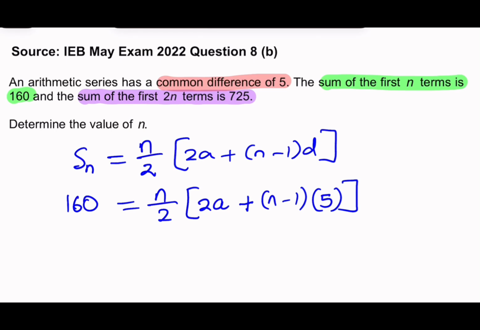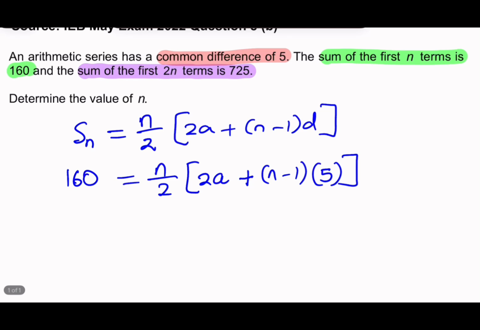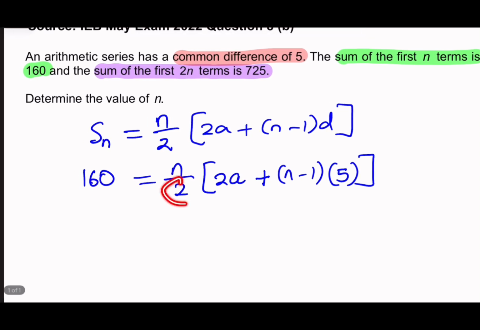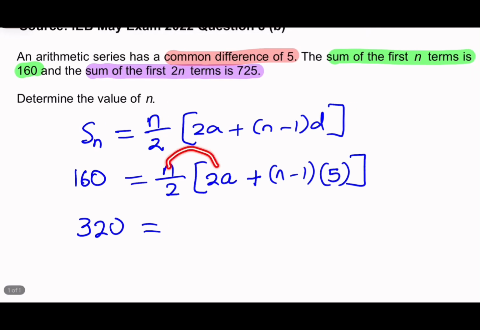It might be more beneficial to simplify: the division by 2 is not the nicest thing, so I multiply the 2 over to the other side, giving me 320 is equal to n times everything in the bracket. So that's going to be 2an